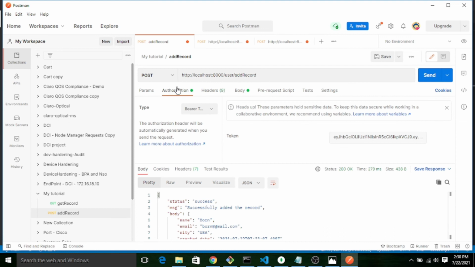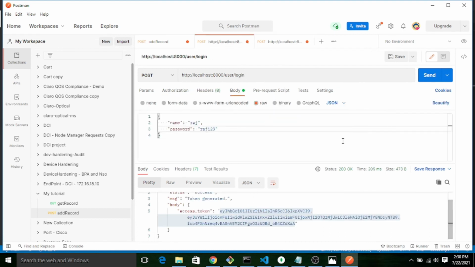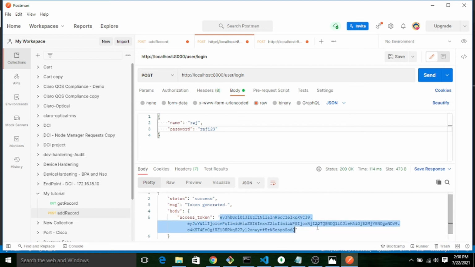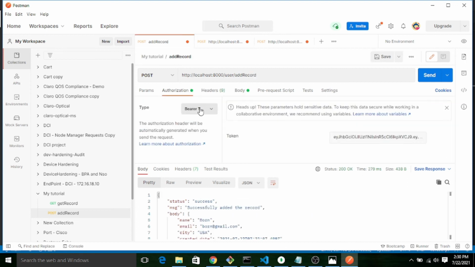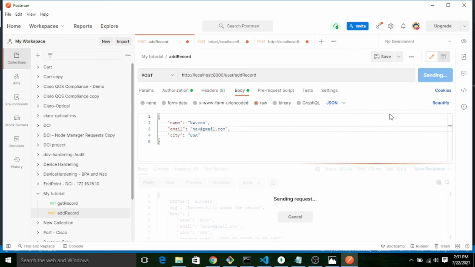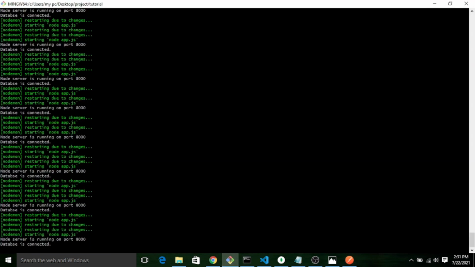The add route. Let me generate once again the token I generated. So let me copy it, add here. Go to here. I have already given the name, email, city. Let me click on send button. Let me check. There is no error actually.